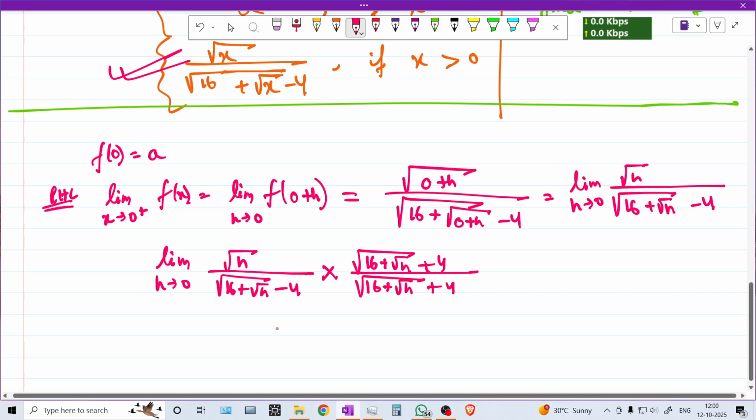So when we are rationalizing this, we will multiply the numerators. It will become limit h tends to 0 root h into root 16 plus root h plus 4 upon